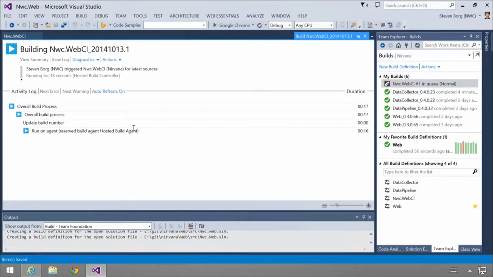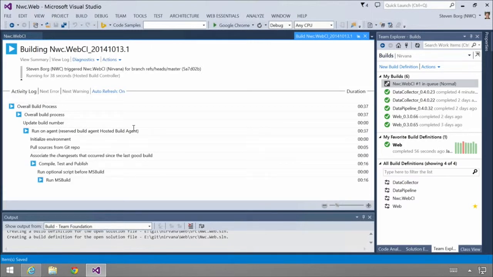But I want to highlight a couple things. One is, I've got 60 free minutes. So I can pop on, run these builds, and run quite a few of them for free simply because I have signed up for Visual Studio Online. It's something that I just get out of the box. And you'll notice this one's been running for about 37 seconds. Yeah, we're going to be at a minute, a little over a minute. You basically have 50, 60 builds that you can do. And to be honest, this is a relatively complicated build. There's lots of NuGet packages that are being pulled down, lots of other things as well,